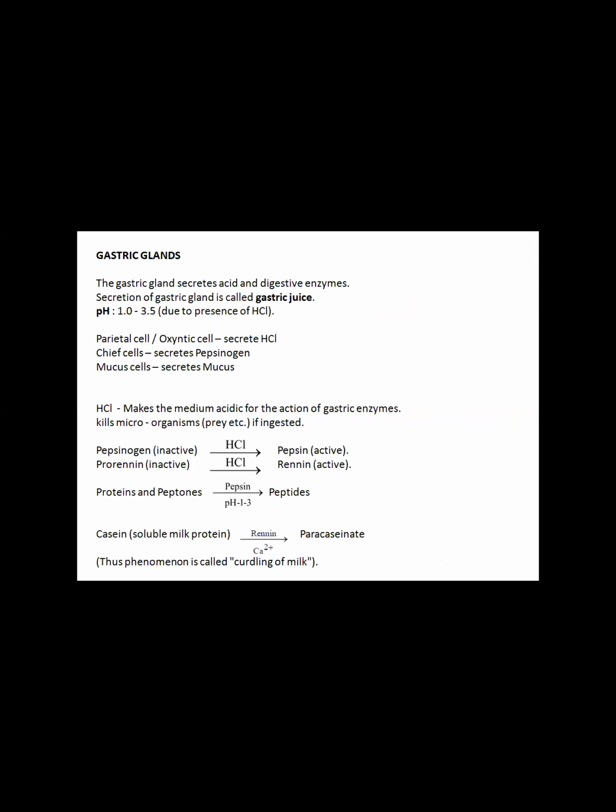Now in the stomach region, what is happening? These cells are going to secrete pepsinogen enzyme, which is in its inactive form, and it is being converted into pepsin, which is its active form in the presence of hydrochloric acid. This step is happening in adults. But in the case of babies or the infants,